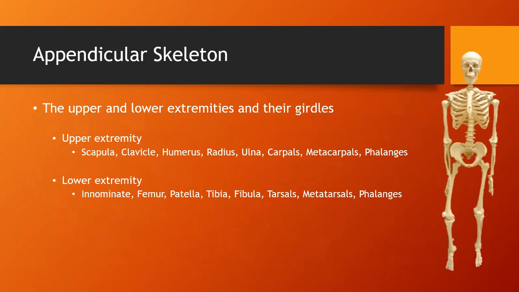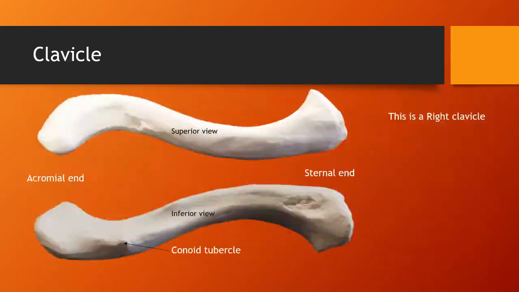Number 3, what bone anchors muscles and articulates with the flattened acromial end of the scapula? That is going to be the clavicle, also referred to as the collarbone, which is here. All right, so again, the sternal end,